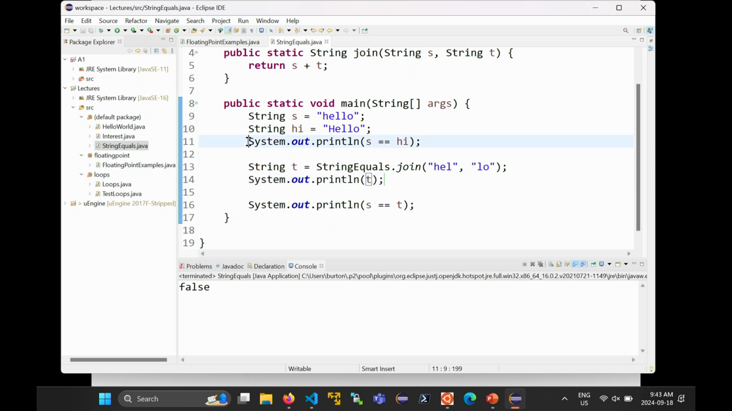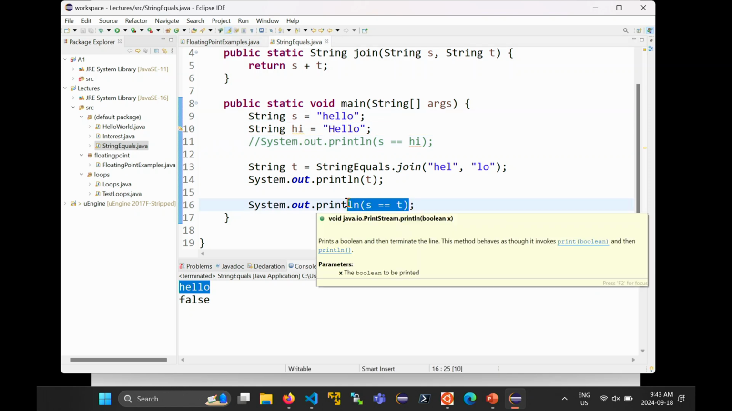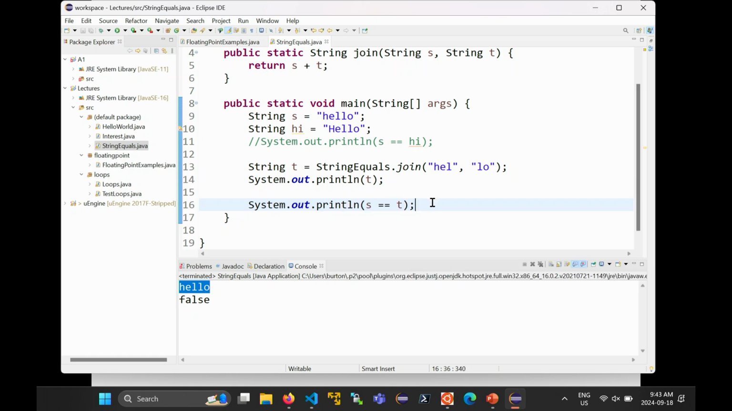So let me comment out this line so we don't get too much output. Okay, so it looks like when I print out t, it's H-E-L-L-O, right? If I were to print out s, it's also going to be, not surprisingly, H-E-L-L-O. Now when I ask, hey, are those two strings equal, it says false, right? And so that's the problem. You can compute a string that is equal to another string, but equals equals will tell you they are not